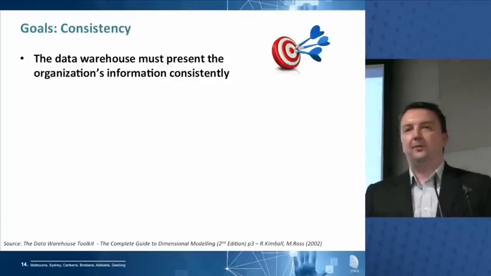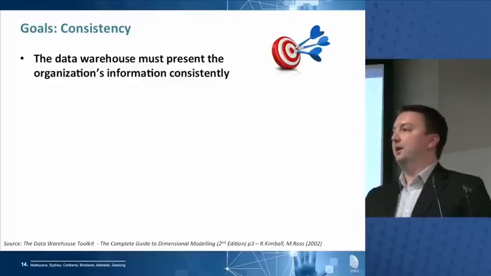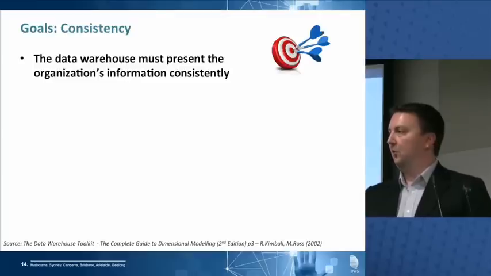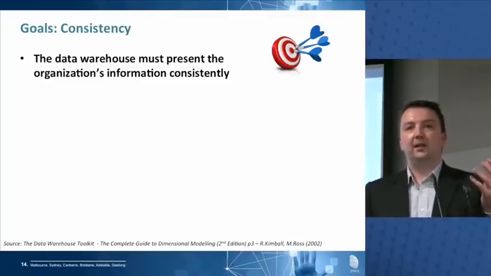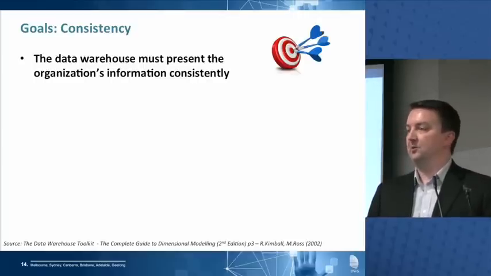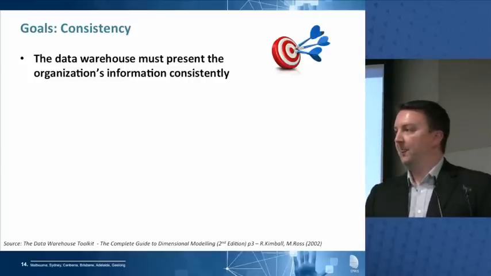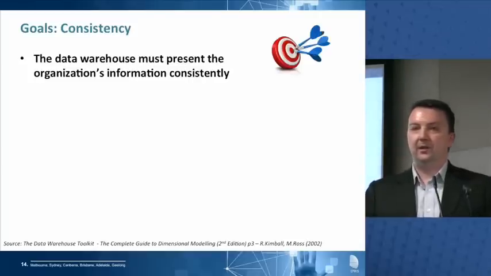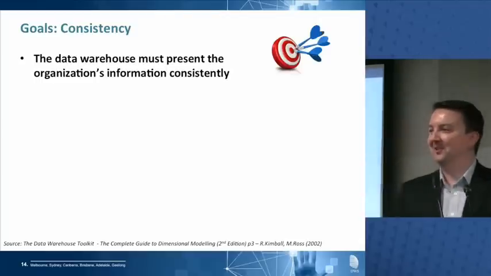Imagine if you were collecting data from the ordering system and you're collecting data from the delivery system or the warehouse system, and the orders system defined a customer's address as the billing address. That would be logical. They're taking the order and they're billing at this address. The warehousing system defined a customer as the delivery address because, hey, they don't care where it's billed to. That's not their problem. They've got to deliver it.